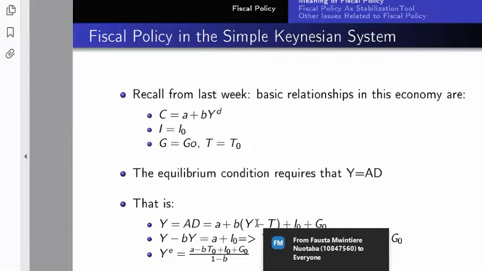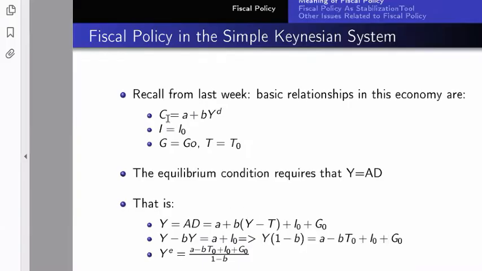Now if it comes and it is not C equals A plus BYD, but it is something like 5 plus 0.2 YD, I hope you'll be able to solve it. So it will be 0.2 into bracket Y minus T. Exactly.